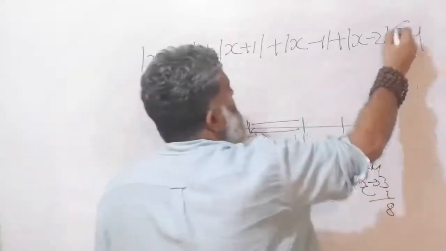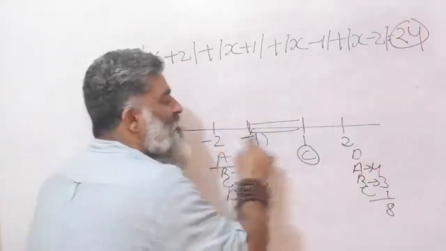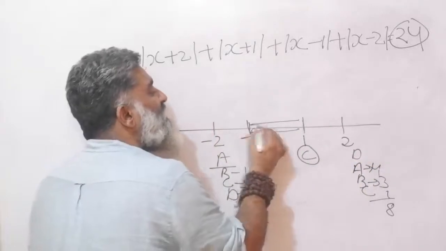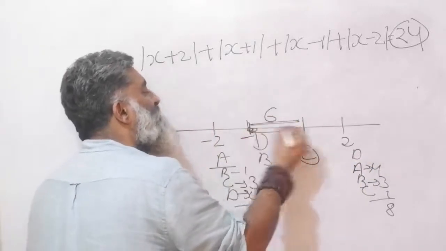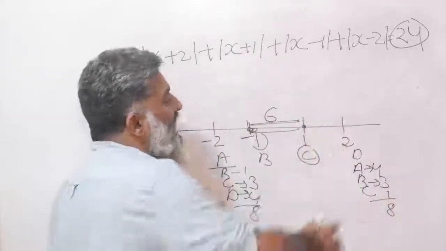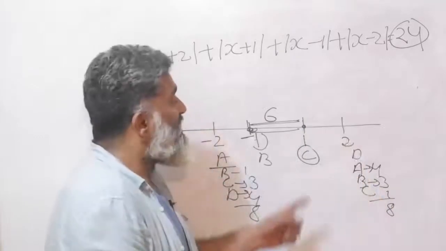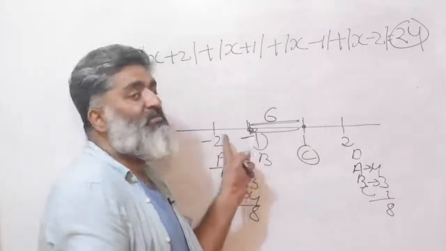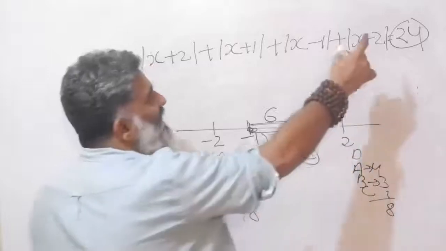And now I want the sum to be 24. So I know obviously it's not 24 in this range. In this range it is constantly 6. From here to here, anywhere it is 6. And at these 2 points it is going to be 8. Maybe you should inquire what happens in the middle points as well. But let me get to the answer first.